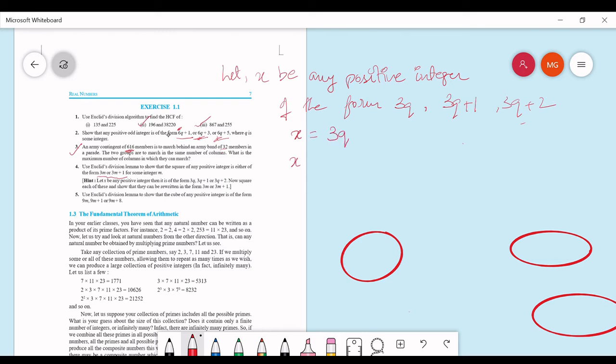Now your x square will be 3q whole square, right? So 3q whole square will be 9q square, right? And we can write it as 3 times 3q square, right? Now next one is